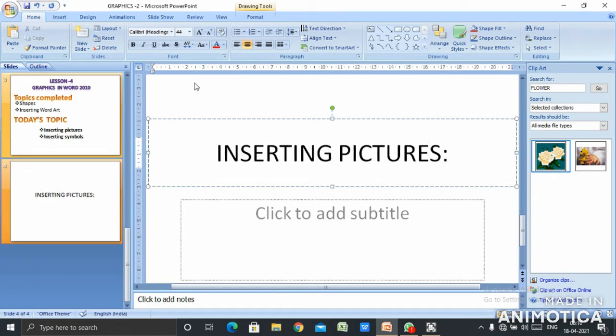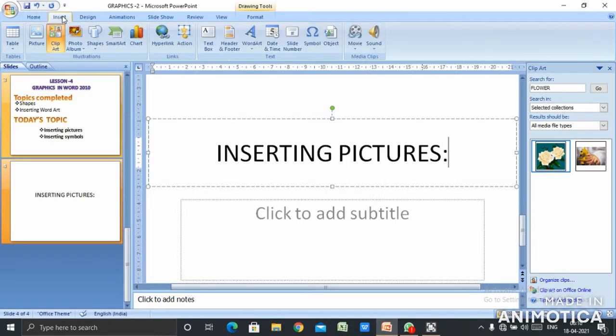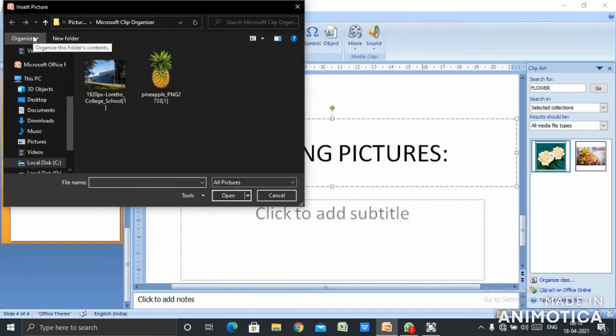The first method is to insert pictures of your own, which you have saved in your files or folders or documents. How will we do that? Go to the insert tab. From the insert tab, come to the illustrations group and click on the pictures option. You will get a window of this type.